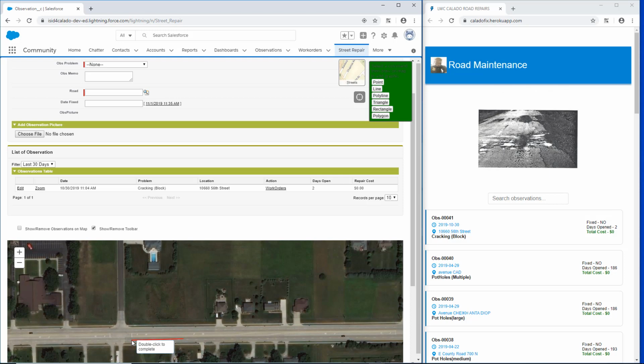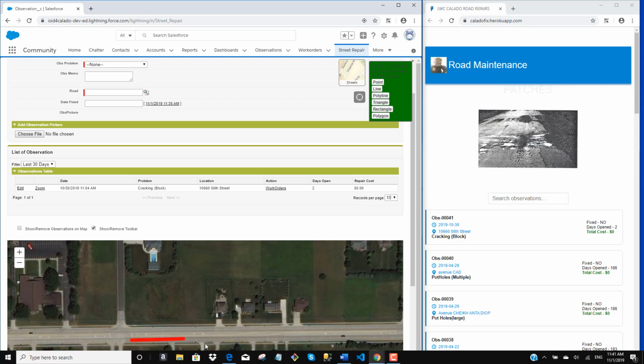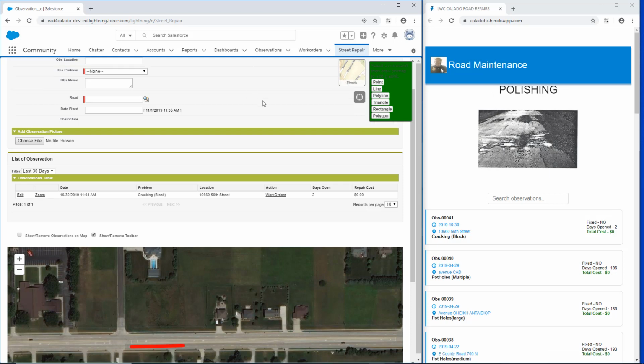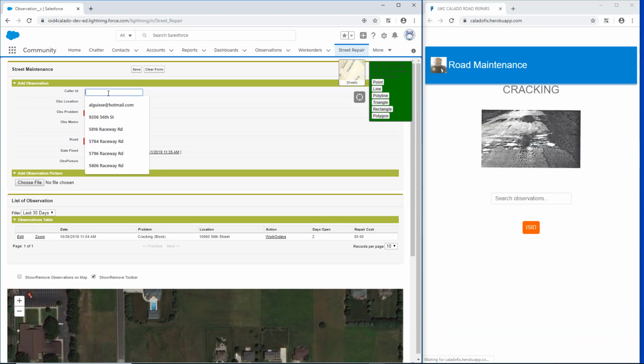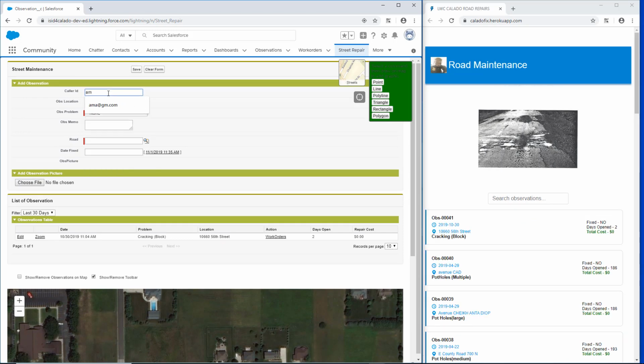You can not only use points or shapes to draw your observation, you can also use lines and polylines. And after you draw the line in, then you can go on the form and start entering the data for that specific observation. Like the caller who placed the call for observation with the email address, you can put in the location for the observation itself